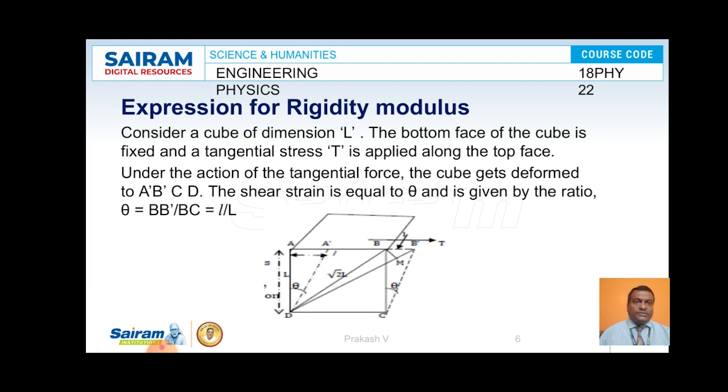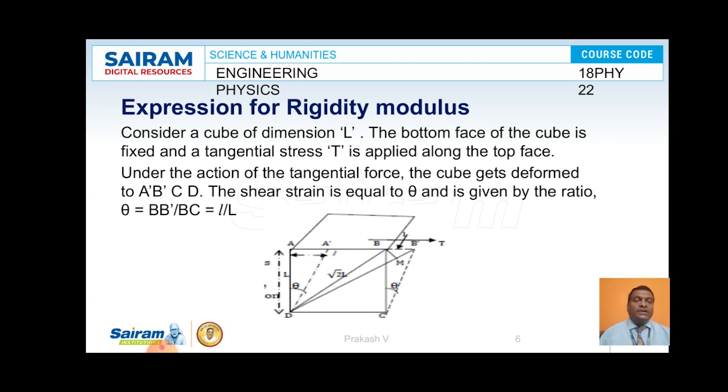as shown in the picture. The shearing strain is equal to theta and is given by theta is equal to BB dash by BC. So here BB dash is equal to l and BC is equal to capital L. Therefore, the shearing strain or shearing angle theta can be written as BB dash by BC, which is equal to l by L. So this box is fixed at the bottom layer, that is the bottom layer DC is